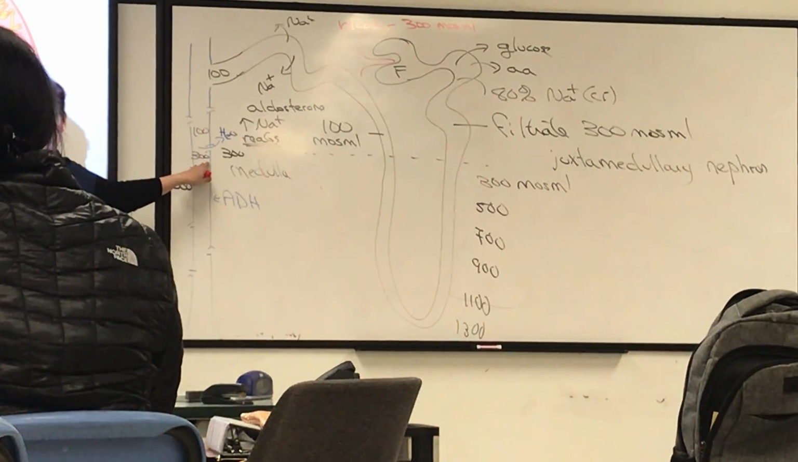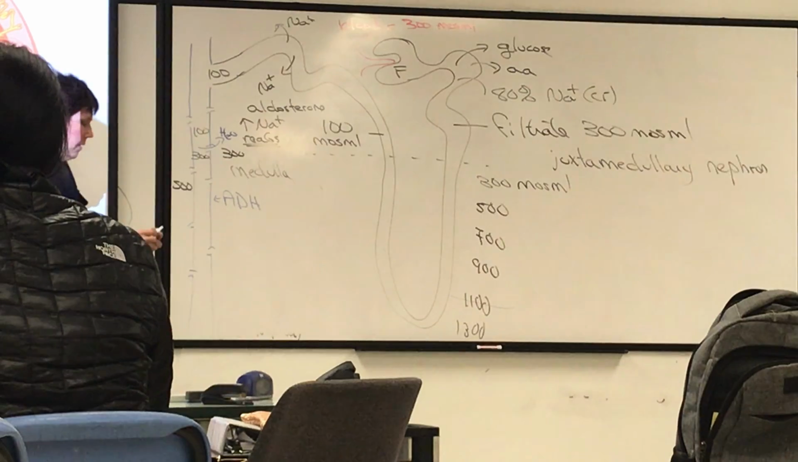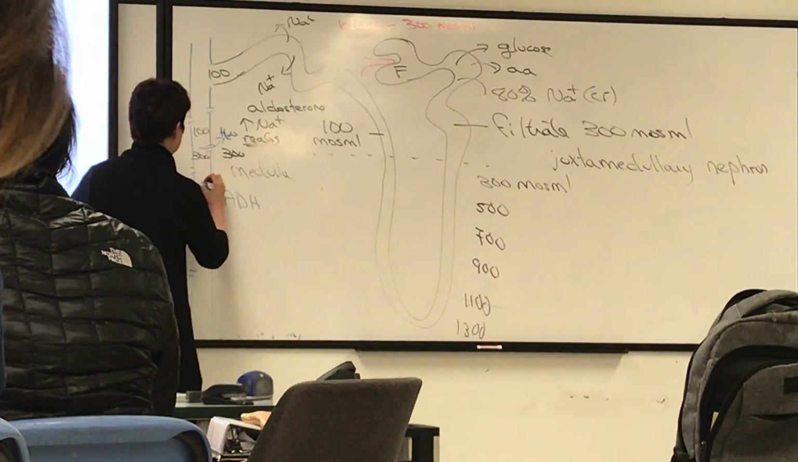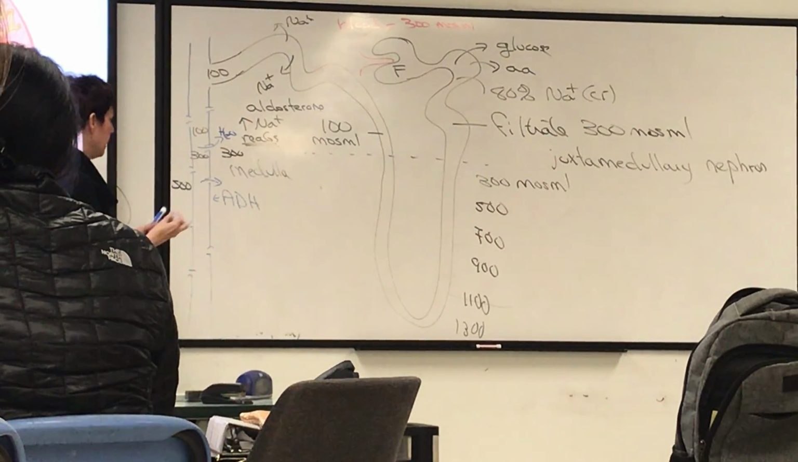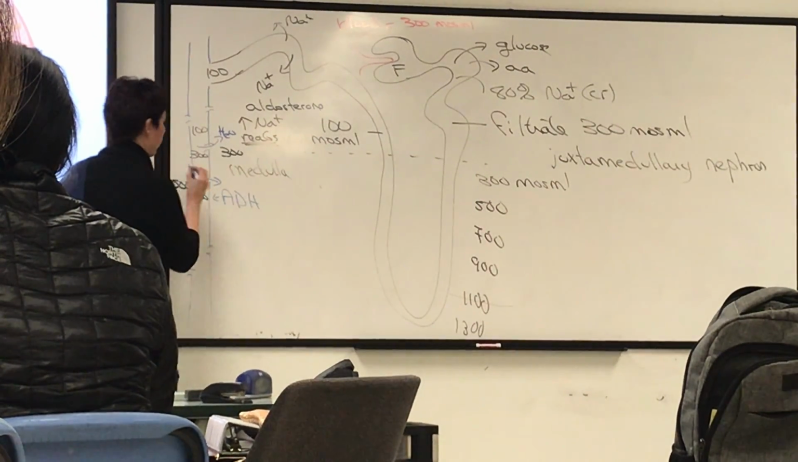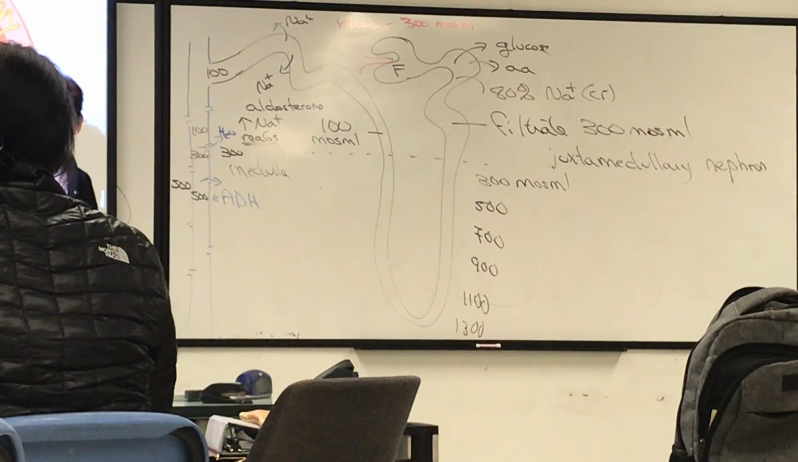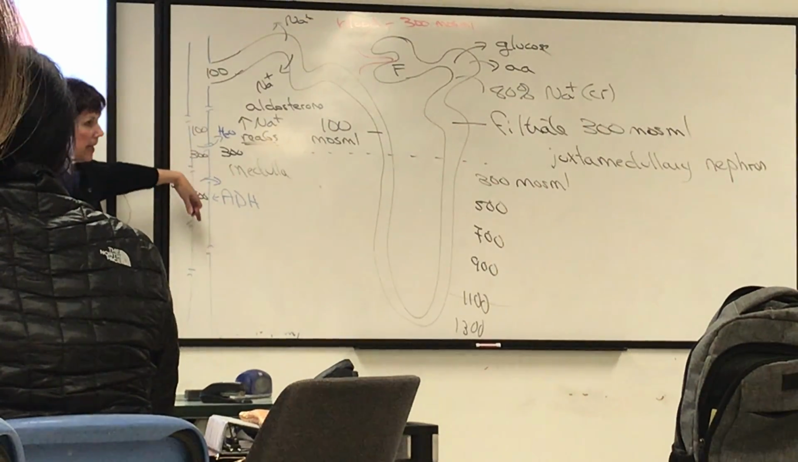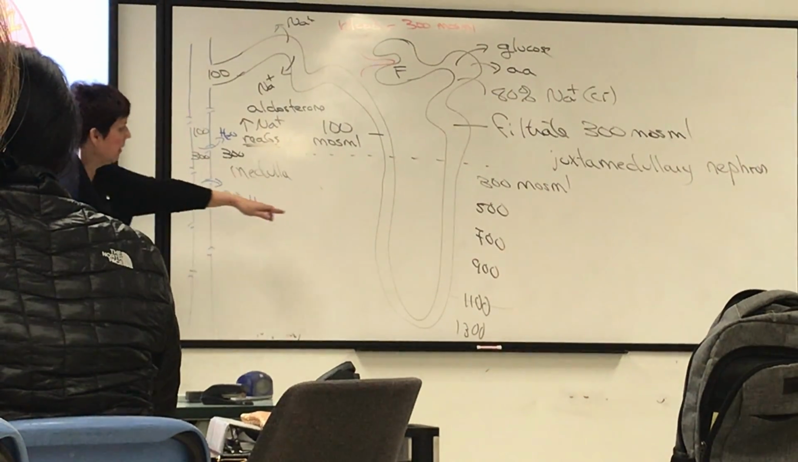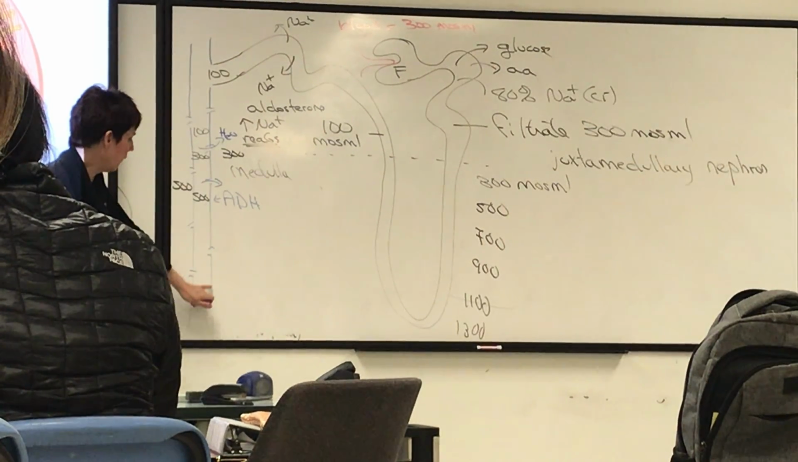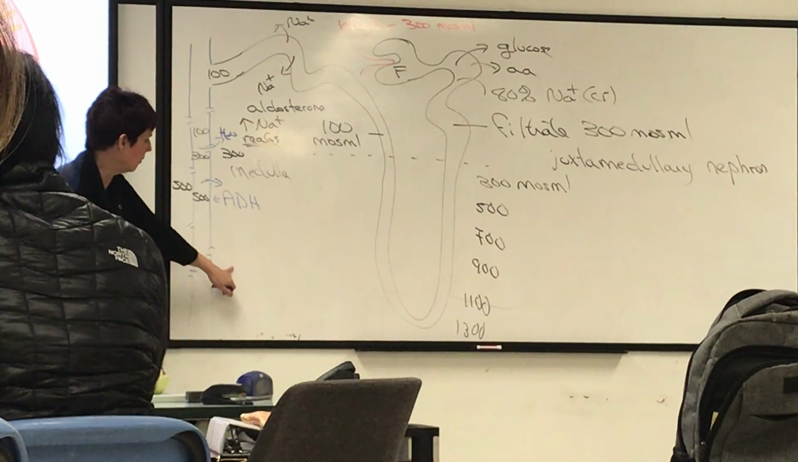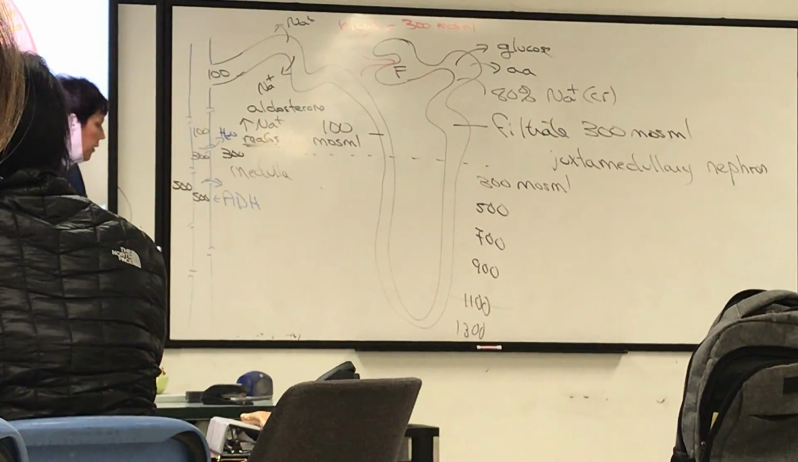500 is more concentrated than 300. So if there's water porins present, even more water gets pulled out, and our filtrate becomes concentrated to 500. And you can see where this is going. So as it travels down to the tip of the papilla, it's getting to more and more concentrated extracellular fluid. And if the water channels are present, water moves out and the filtrate becomes